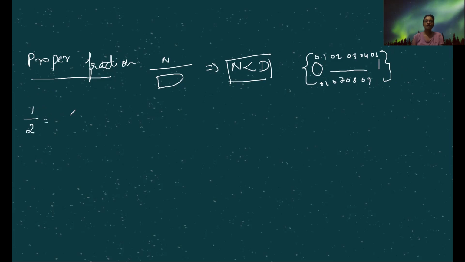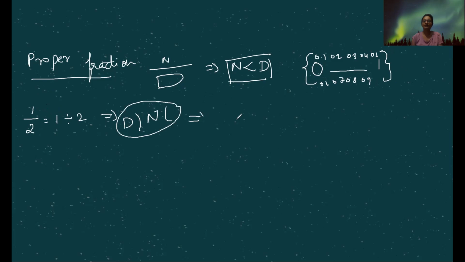1 by 2. We know that 1 by 2 is nothing but 1 divided by 2, and the numerator is always inside. Wherever the numerator is, it is inside, and the denominator is outside. This is how the fraction is to be written. So here 1 should be inside and 2 is outside. Now as 1 is smaller than 2, I cannot divide it. So I'll put a decimal: 0 point. After I put a decimal, I can put a 0 here. 5 2s are 10, 0. Finish. So 1 by 2 is equal to 0.5.